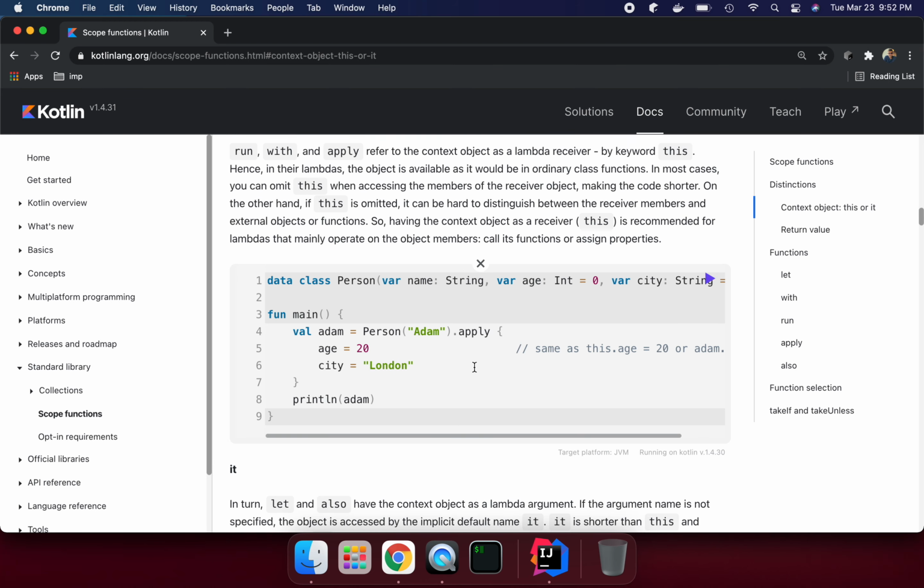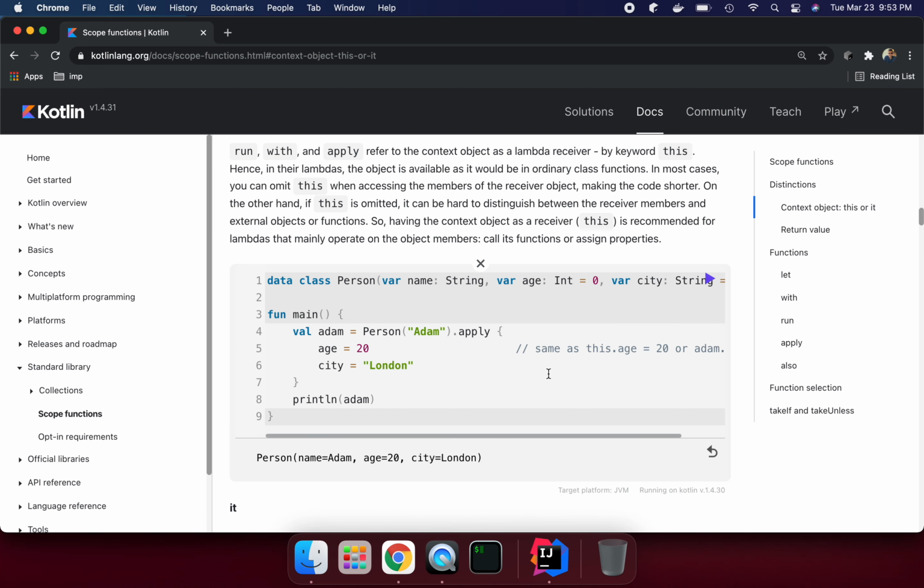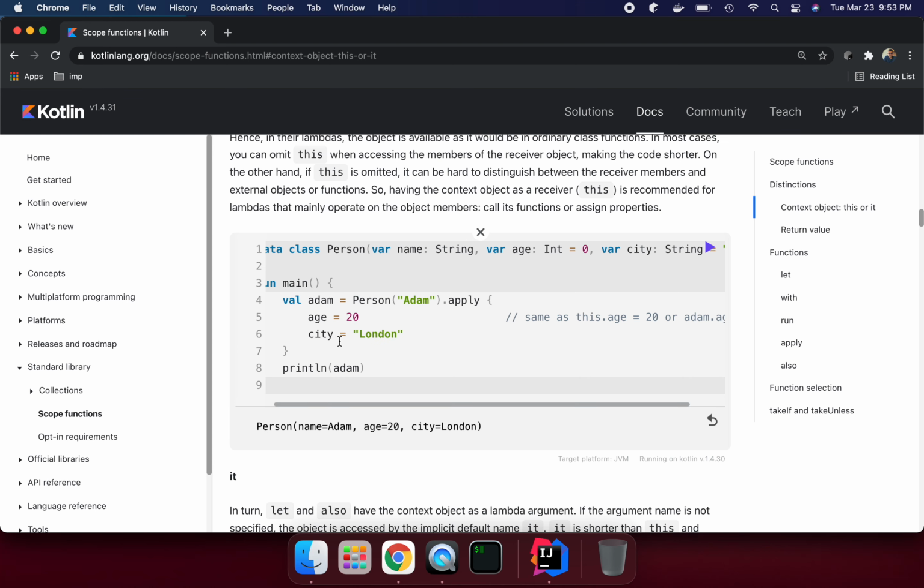And this object is also returned, whatever we have declared here. So implicitly, if we are using apply, you will get a return object, like Adam, the way we are returning here. We are passing name here, Adam. We have attributes name, age, city. Now we are passing person with a name, one attribute only.